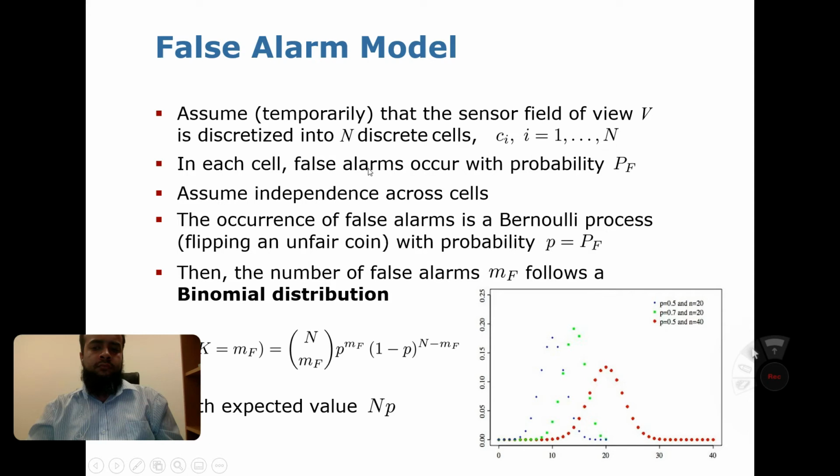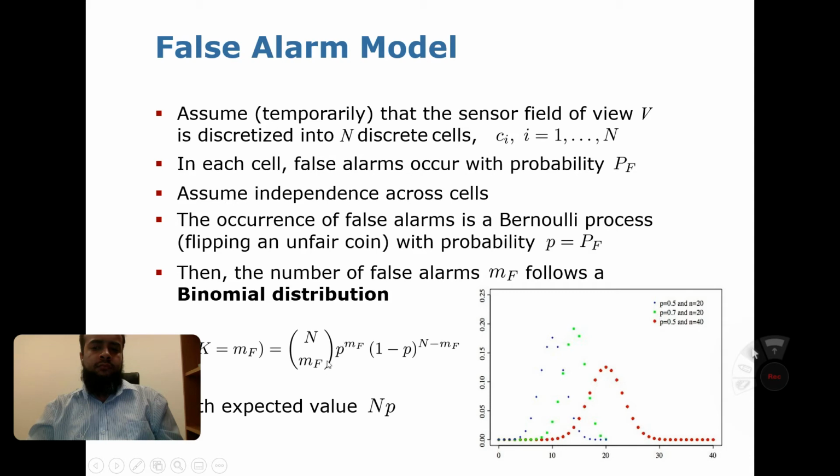In each cell, a false alarm occurs with probability Pf. Assume independence across cells. The occurrence of a false alarm is like flipping an unfair coin with probability Pf. Then the number of false alarms, MF,